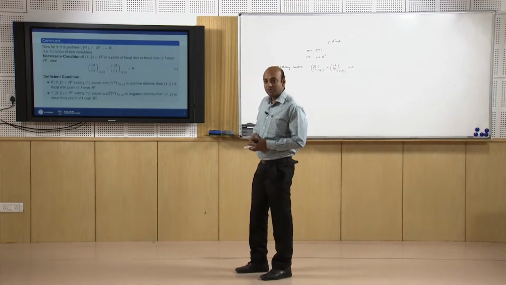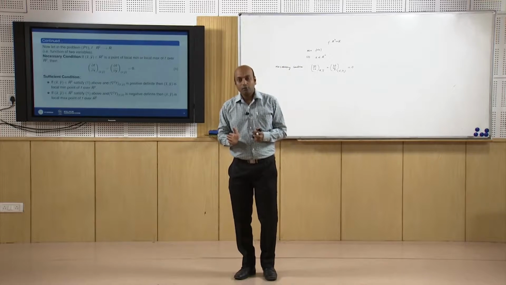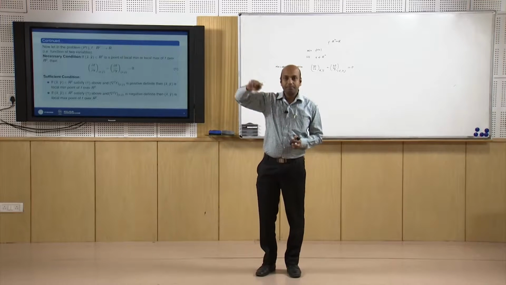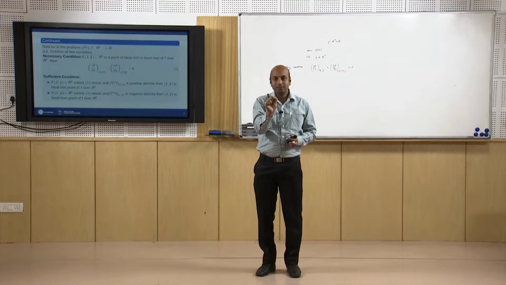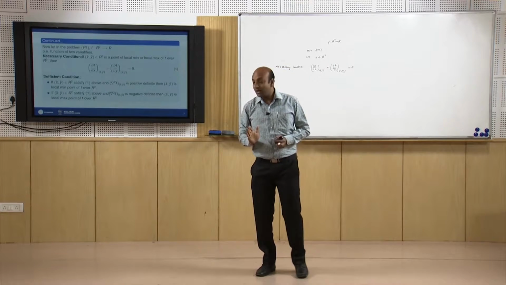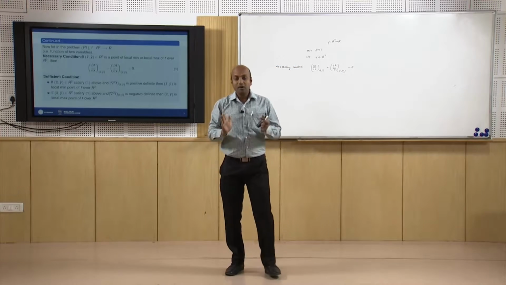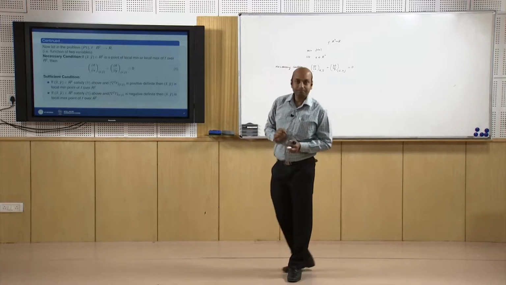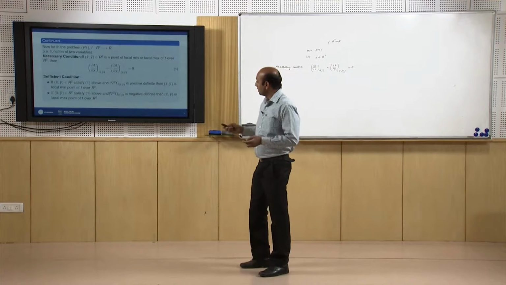You see, if it is positive definite, what does it mean? It means the function is strictly convex. If the function is convex, that means we have a parabolic shape like this. So, certainly we have a point of minima. And if it is negative definite, that means the function is strictly concave. If the function is concave, that means we have this type of parabola, and that means that point is a point of local maxima, which we can easily visualize.